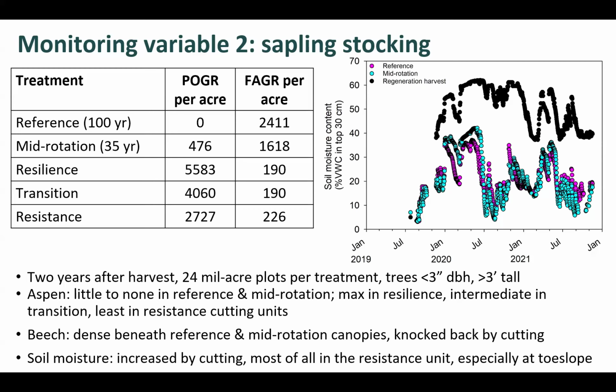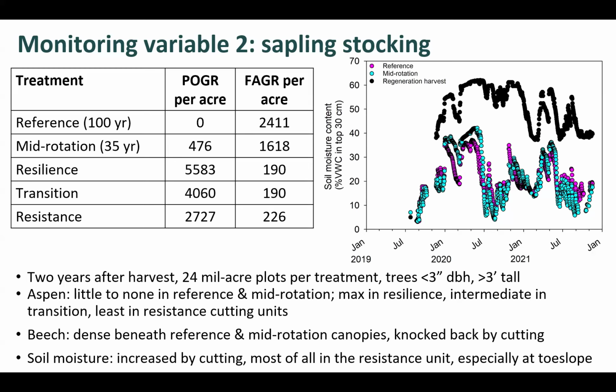We'll look at the column that says Poger per acre. That's Populus grandidentata, big-tooth aspen. These are densities of big-tooth aspen under the different treatments. And not surprisingly, you do not see shade-intolerant big-tooth aspen coming up in the sapling layer underneath 100-year-old aspen. You don't see very many of them coming up in the understory of a mid-rotation aspen stand. But when you look in the recent cuts, 1 to 2 years after harvesting, you see thousands of aspen per